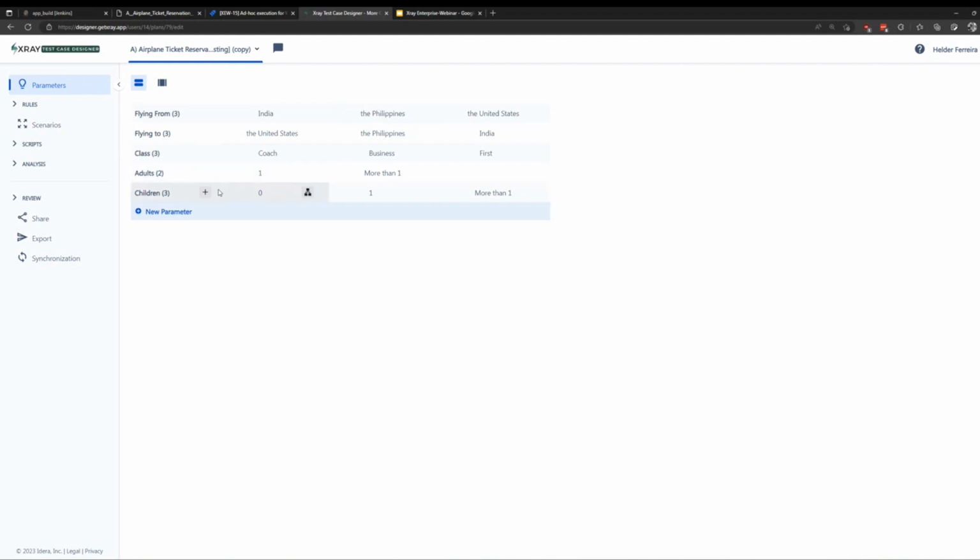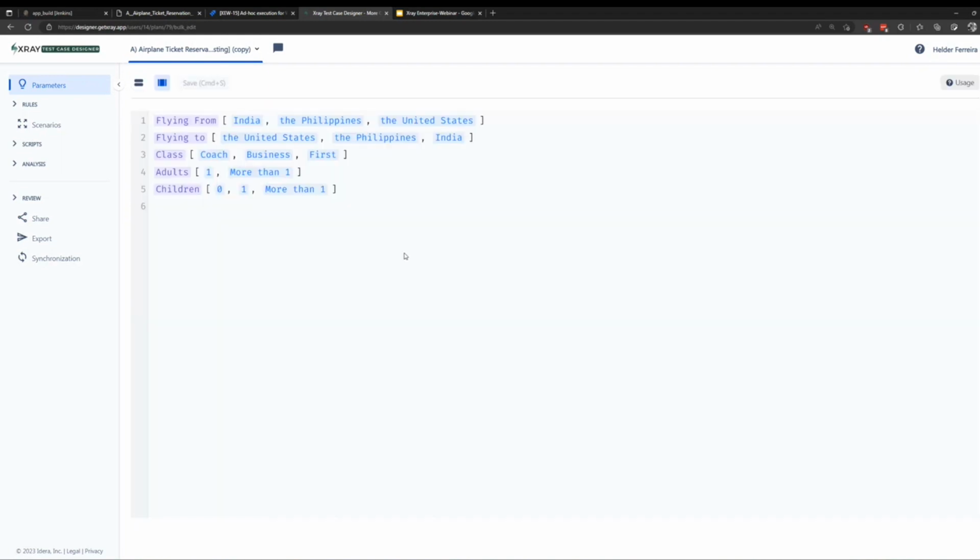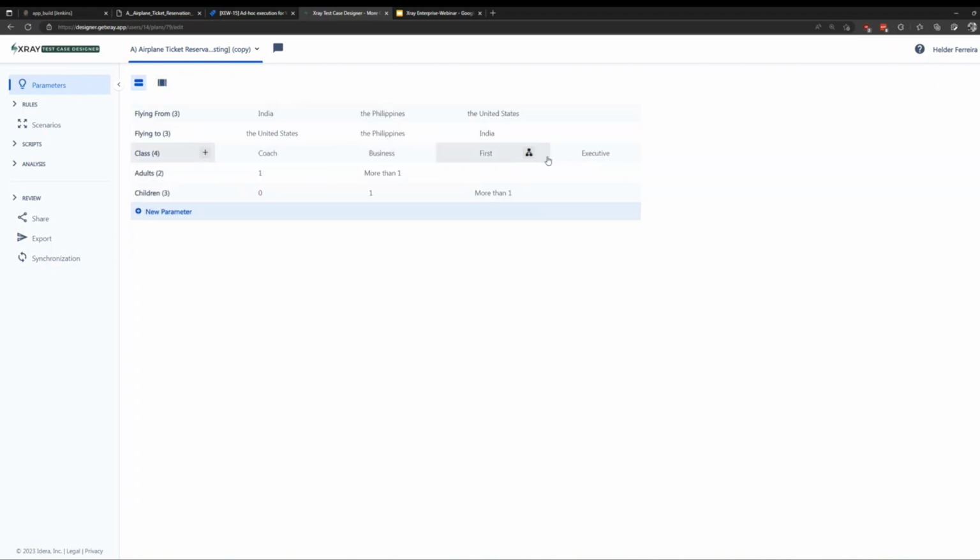What you can do here, we can add new parameters, but we also added a different bulk view. In this view, you can quickly go here and make some changes, right? So if I want, I can copy paste from external sources. I can make some bulk changes here, find and replace, or just add some new option here. So let's add here executive. As soon as I save, the system will reflect this and you will be able to see here the new